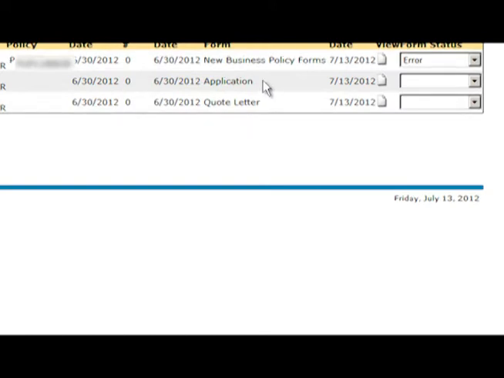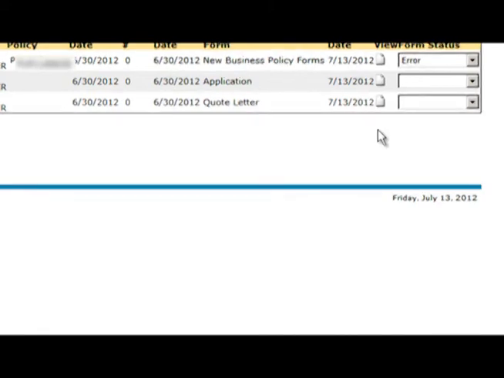On this particular policy, the new business application form was generated in the system, and the little piece of paper, we call it a teeny weeny piece of paper, is your actual PDF file. Once you click on the policy form and process it in your office or release it to your insured, you can advise the system if you printed it off or emailed it to your insured